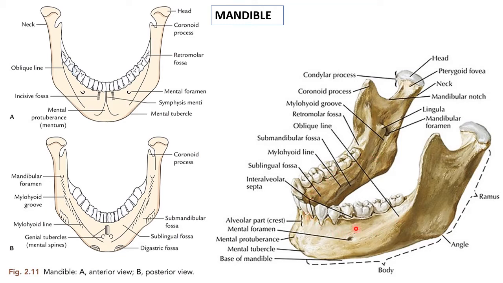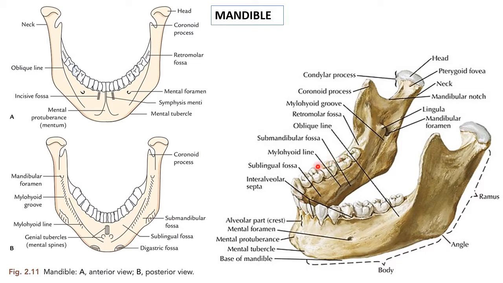First we will study the body. The body has two surfaces, the internal surface and the external surface. This is the external surface and this is the internal surface. We will be referring to these diagrams, so please remember this is the external surface and this is the internal surface. The external surface,